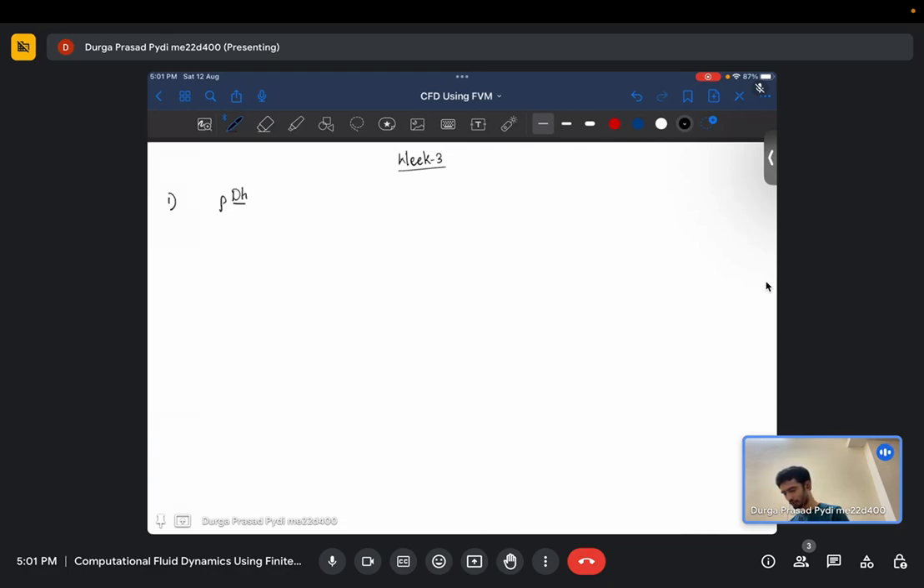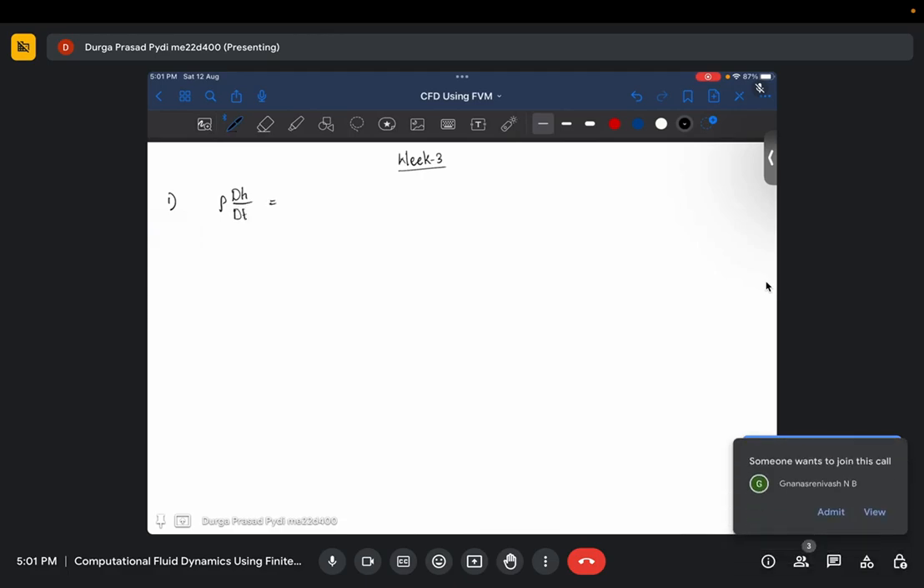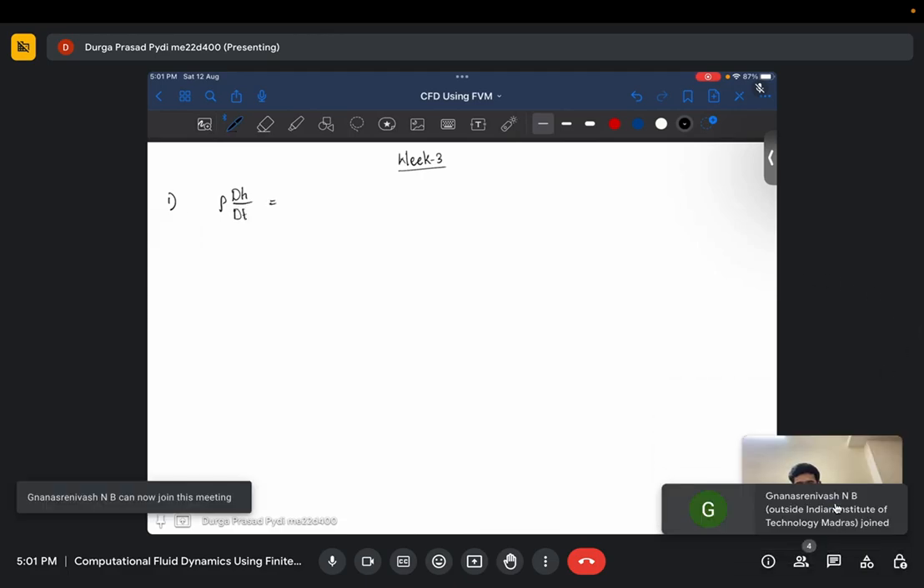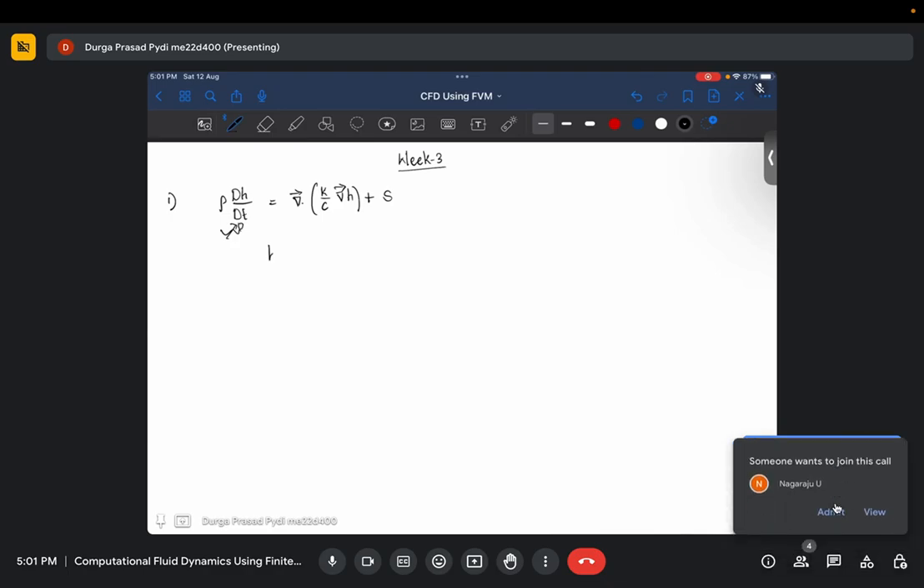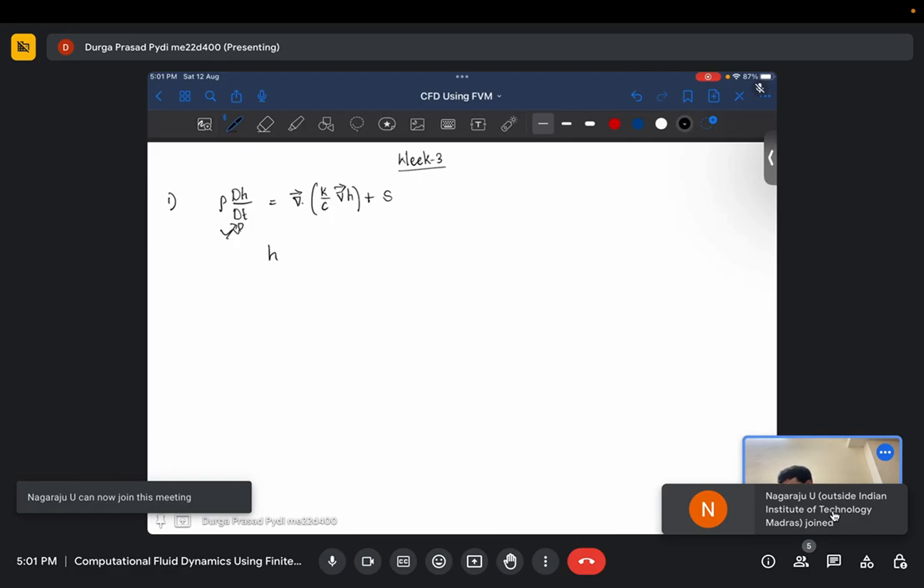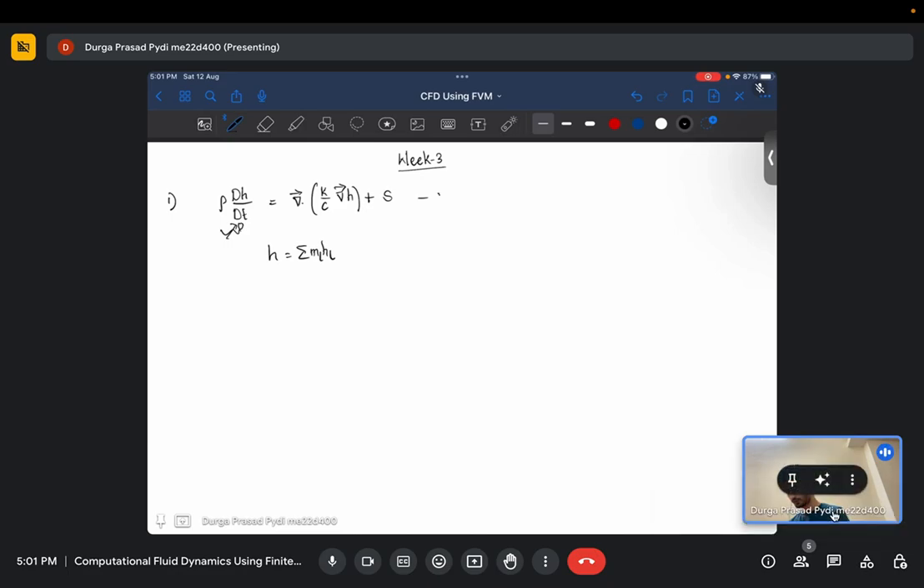So for enthalpy, we have the following relation where rho times dH dt is essentially divergence of K by C times grad H plus you have some source term. Now for a steady state, you have this term essentially going to 0. Now we already have H as sigma ml HL. So if you were to substitute the equation back in the original equation number 1,